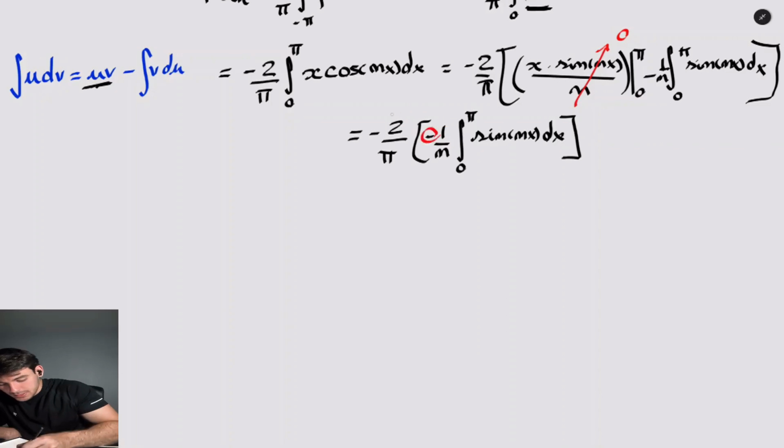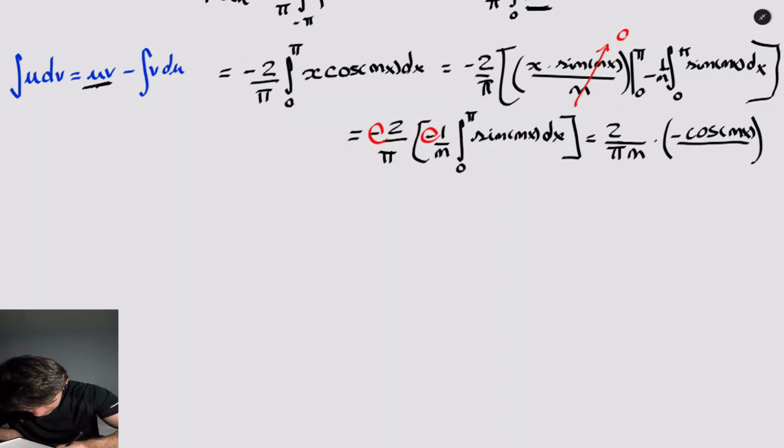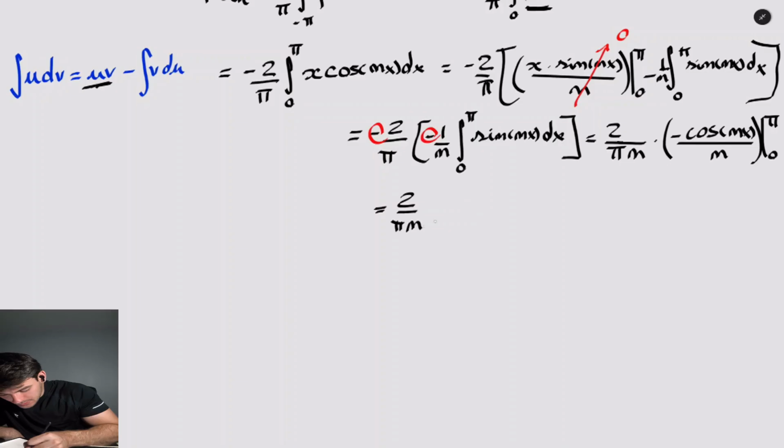Okay, so this minus cancels out with this minus here. So let's just put 2 divided by pi. Let's add here our n. So we have 2 divided by pi n. And now let's integrate sine of nx. So the integration of sine of nx equals minus cosine of nx divided by n, from 0 to pi. So developing this, we'll have 2 divided by pi n squared